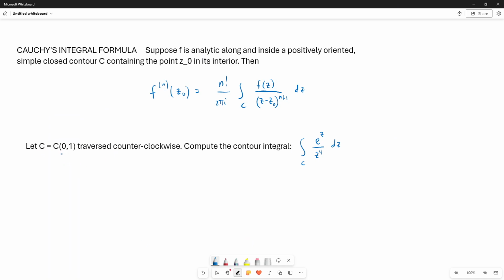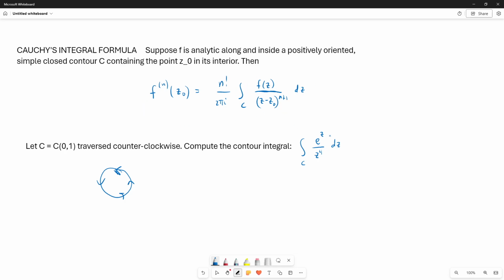Let C be the unit circle, center 0, radius 1, traversed counterclockwise. There's our orientation arrows. Compute the contour integral around the unit circle of e to the z over z to the fourth dz. And for this, we will use Cauchy's integral formula, which is this formula here, which has an